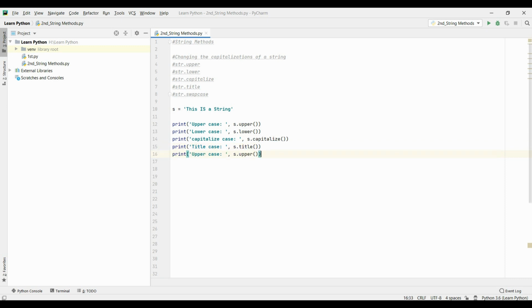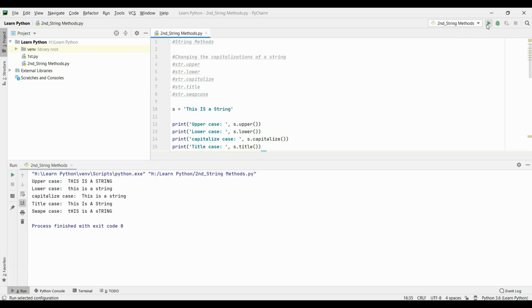Next we have swapcase. Swapcase returns a new string object in which all lowercase characters are swapped to uppercase and all uppercase characters to lowercase. Okay, we will run this and this will change the capitalization of the string accordingly. All uppercase, all lowercase,